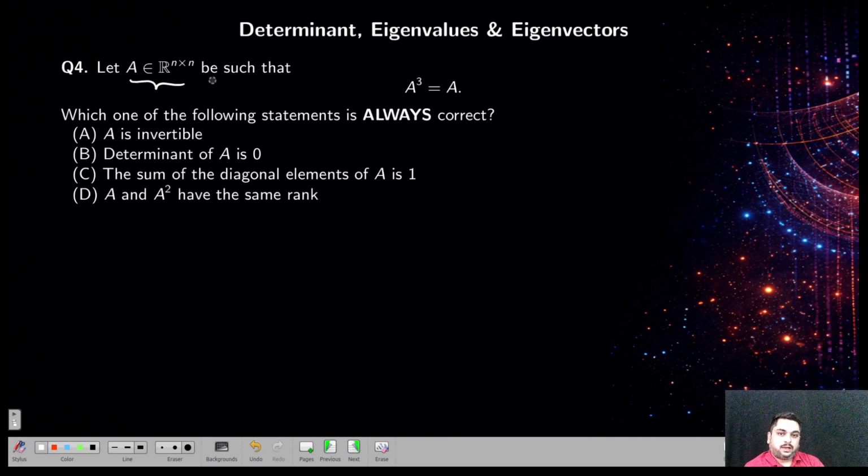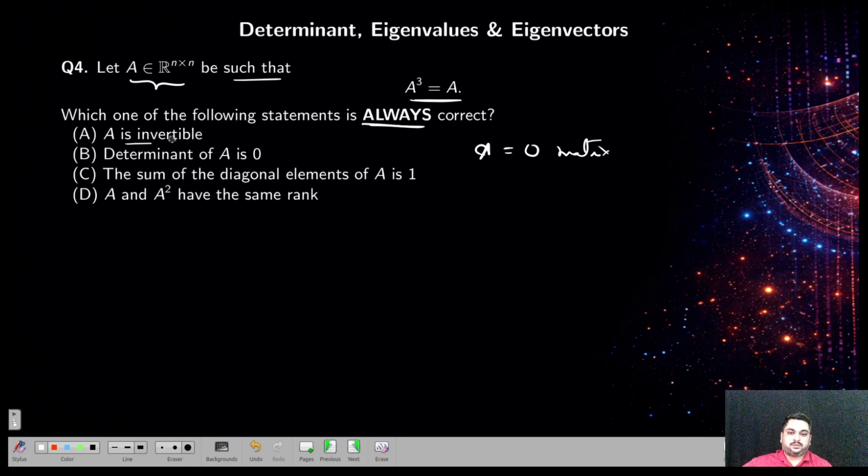Let A belong to R n cross n be such that A cube equal to A. So A is any matrix such that A cube equal to A. Which of the following is always correct? Always means for every value of A, it should be correct. A is invertible. Is it true or false? If A is a zero matrix,